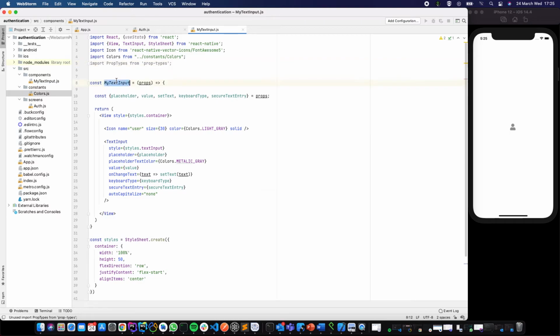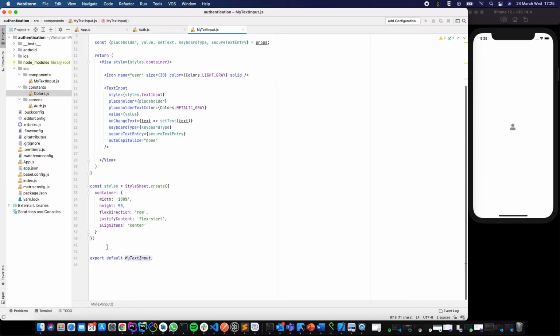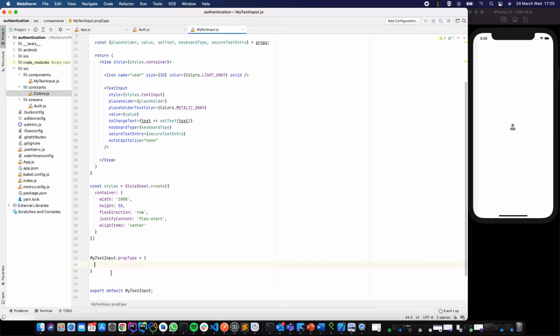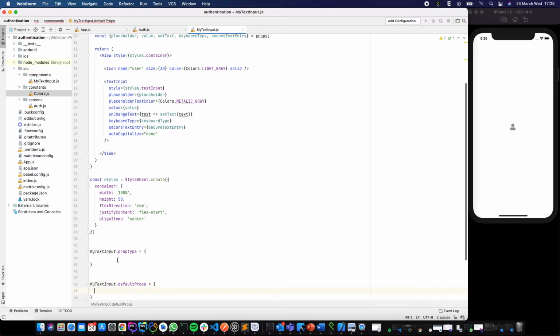Let's copy the name of the function and come back here, and we will give the prop type as equal to, okay, here, and also default props is equal to